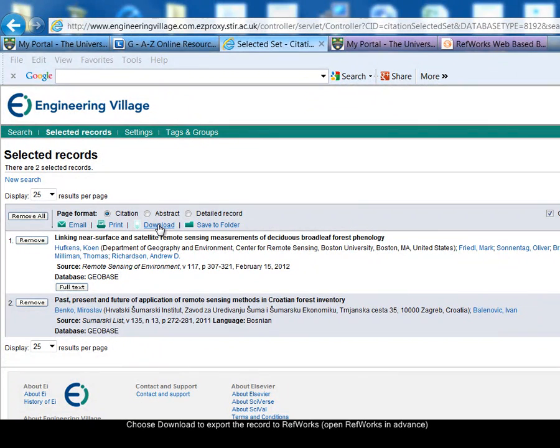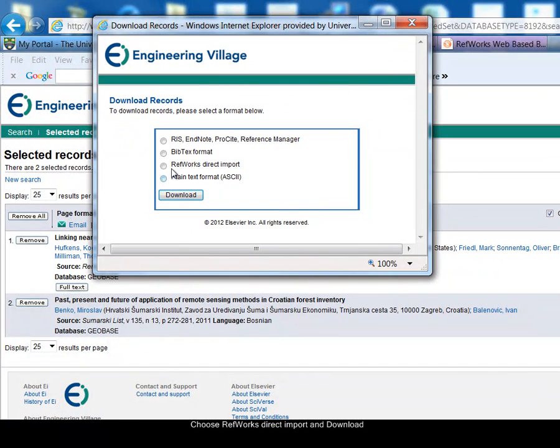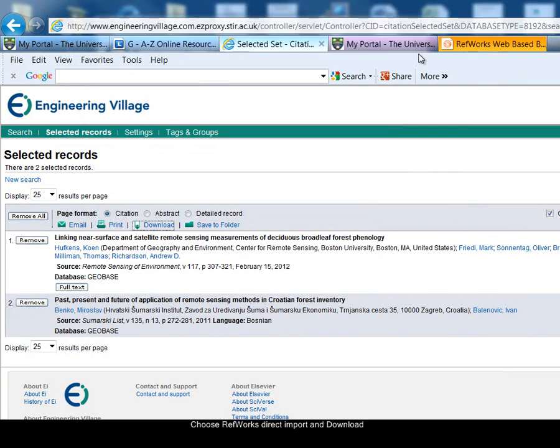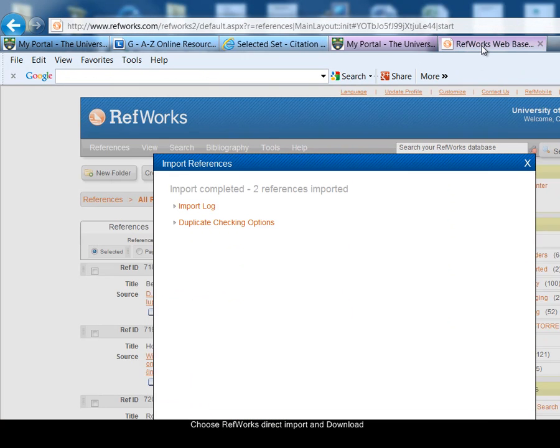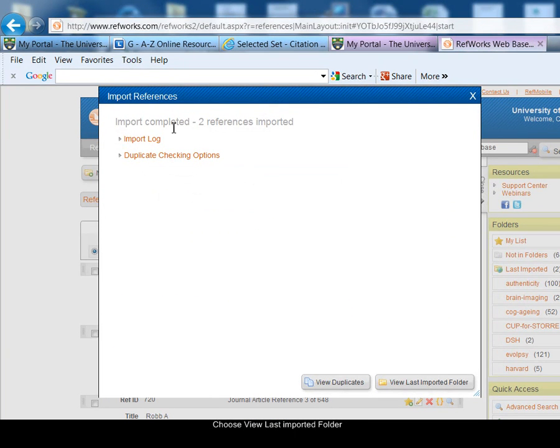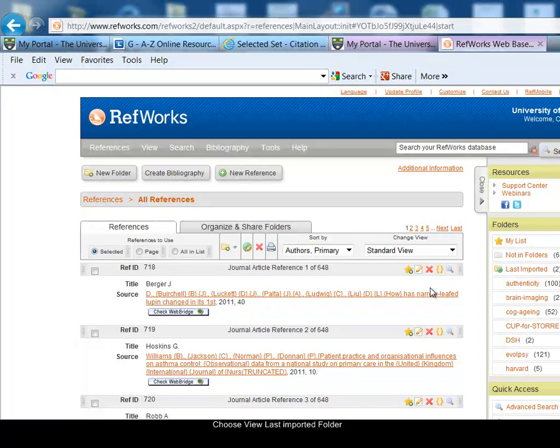The download option allows you to download the records into RefWorks. If you're planning to download into RefWorks, you should open RefWorks before you start searching in GeoBase. You open RefWorks from the portal. So I'm going to choose the download option and choose to download into RefWorks and click on download. This opens the import window in RefWorks, and I'm going to view the last imported folder so I can see